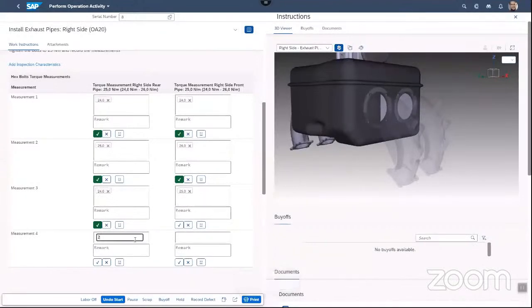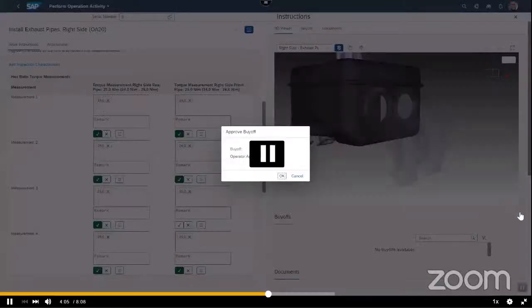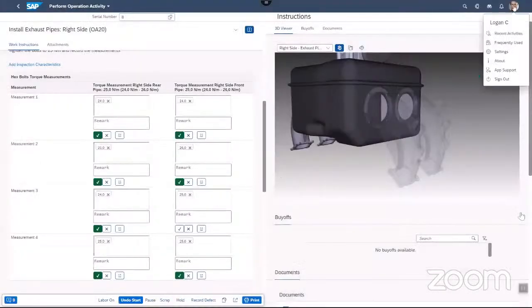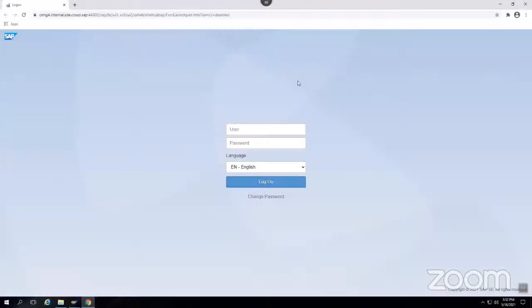And it allows the inspector to see the attachments, and based on that also he can perform the operation activities. So once result recording is done, we can do the buy off. So operator buy off is saved now, and then the production supervisor is logging out from the system,